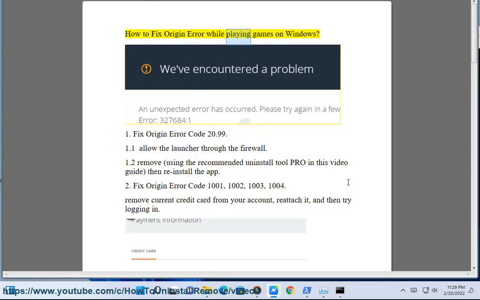How to fix origin error while playing games on Windows. 1. Fix origin error code 20.99. 1.1 Allow the launcher through the firewall. 1.2 Remove, using